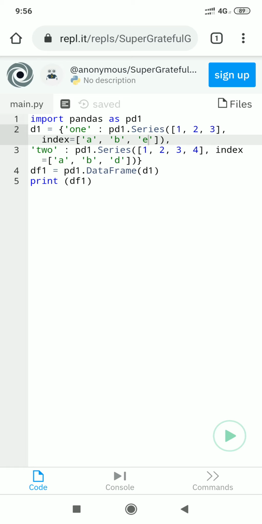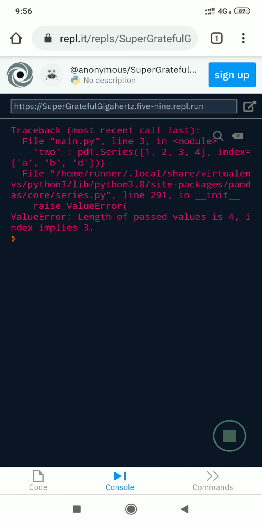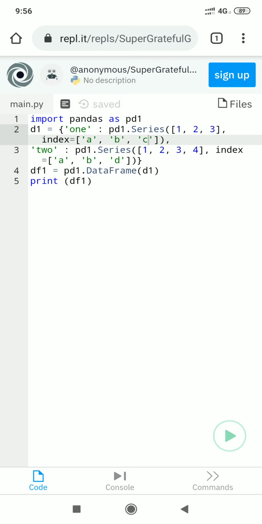Here what you are finding, students, index, then A, B, C. Length of passed value is 4, index implies 3, line 3, so you will have to check it out.